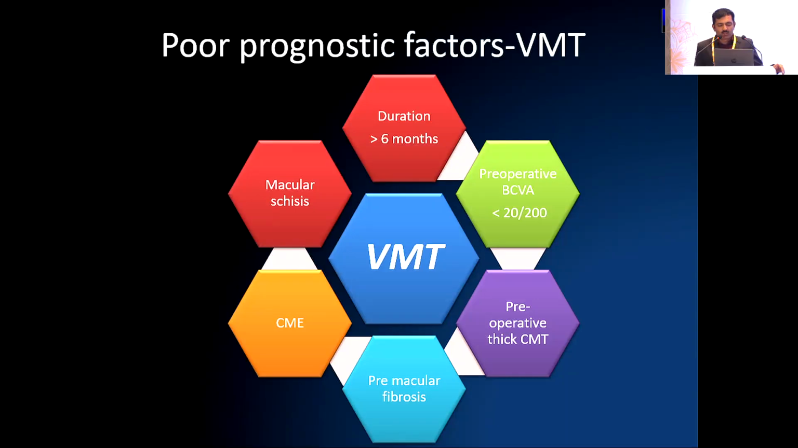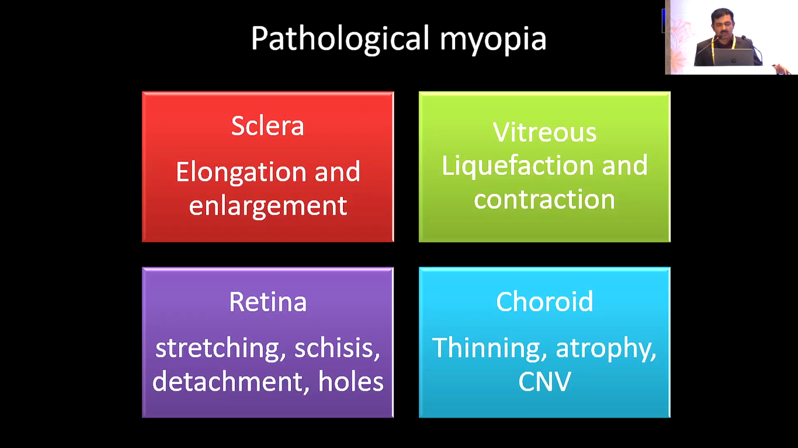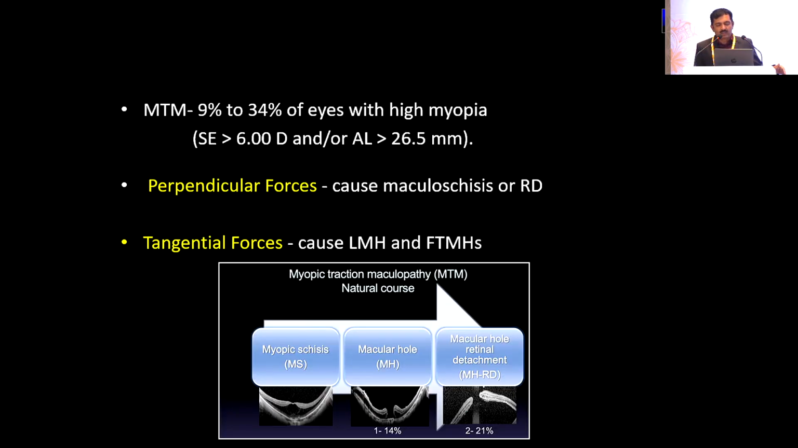What are the poor prognostic factors? One is the macular schisis, cystoid macular edema, duration more than 6 months, and the premacular fibrosis, all poor prognostic factors. So small VMTs, you can observe. Large VMTs, associated ERM, more than 1500 microns adhesions, you need to do surgical maneuvers. Moving on to the last entity, the vitreomacular traction, either you'll have